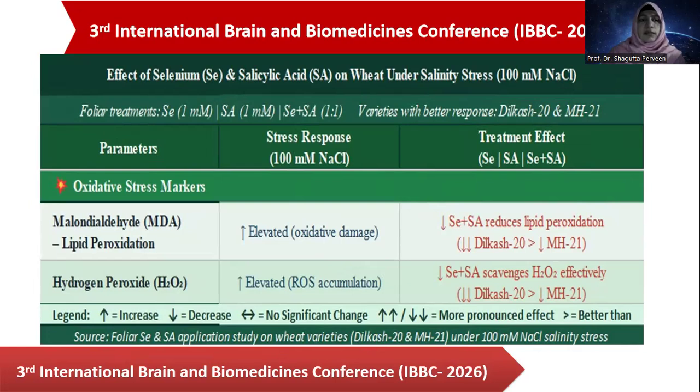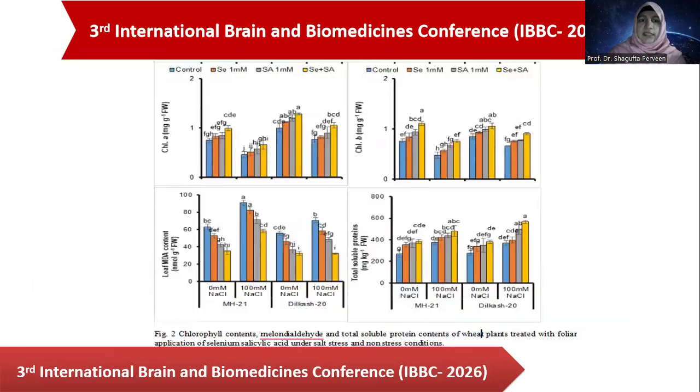Oxidative stress markers like malondialdehyde and hydrogen peroxide increased under salt stress, while the foliar application of selenium and salicylic acid in combination decreased the malondialdehyde and hydrogen peroxide contents in both wheat varieties. And these are the graphical and statistical representations that show the contents of